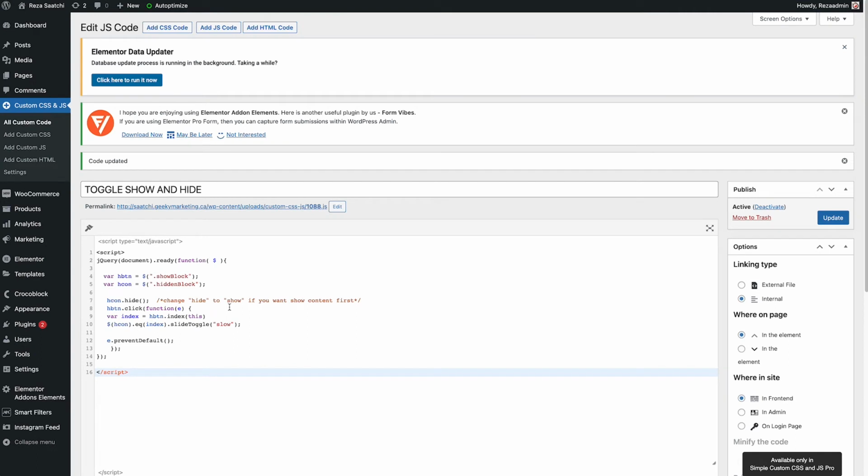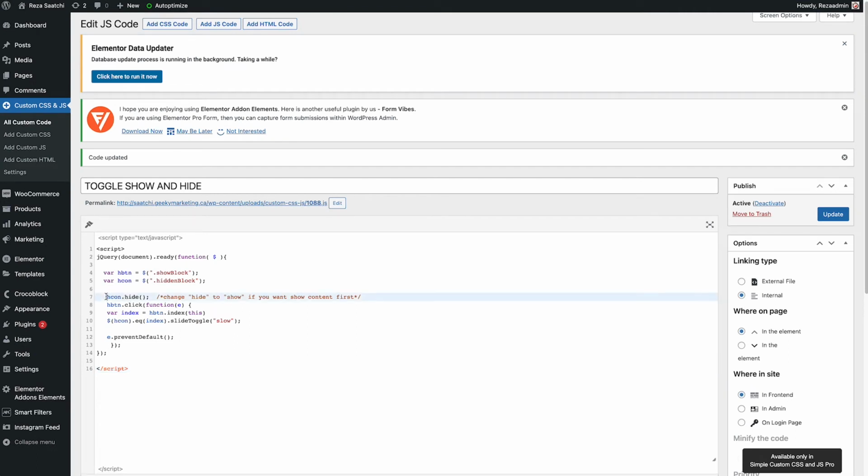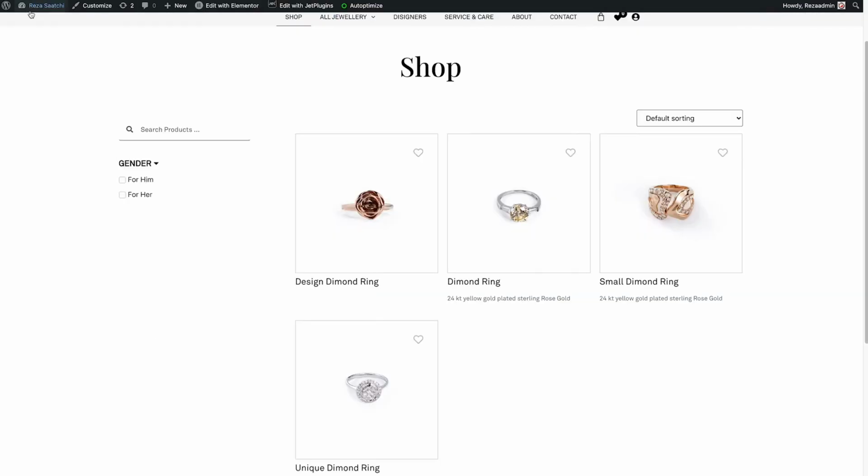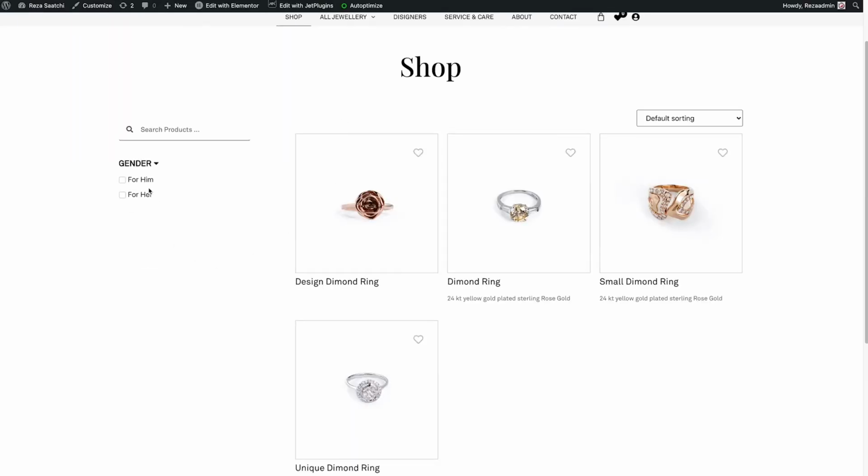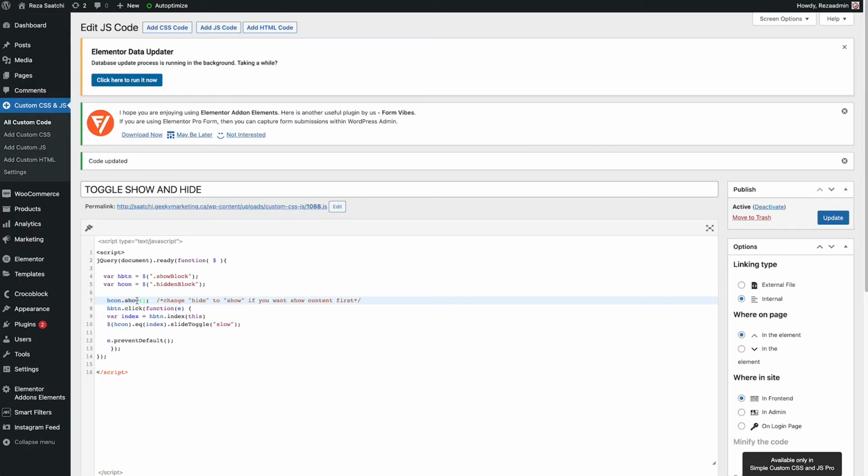One thing, in this slide I already noted for you: if you change the hide to show, it will show the filter first. Let me show you. I change to show, and then I come back here, refresh. So right now you see the filter is showing first, and when you click, it will hide, show, hide. Okay, but I want to change back to hide